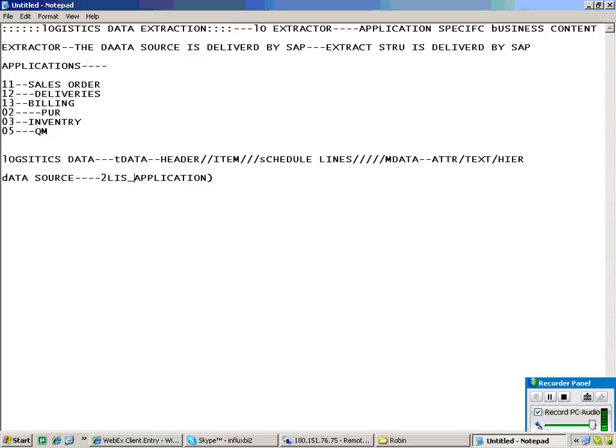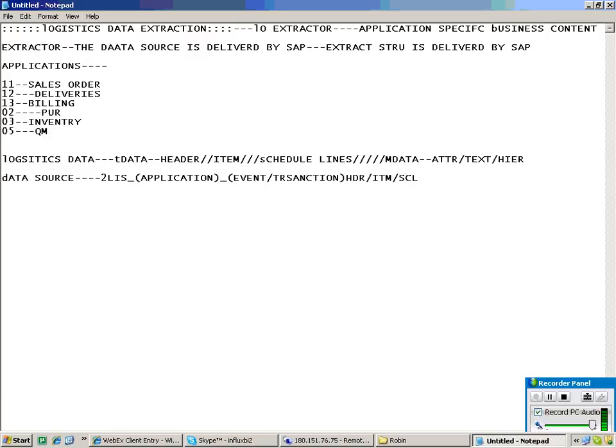If it is deliveries, 12. If it is billing, 13. Then underscore, the event or transaction of that particular application. Then if it is header, HDR; if it is item data, ITM; if it is schedule line, SCL.